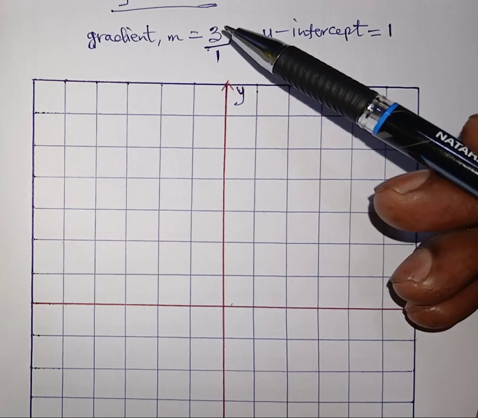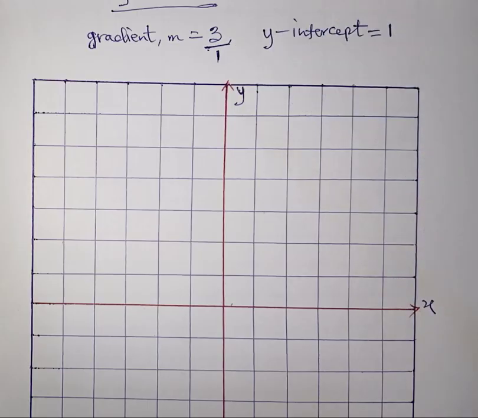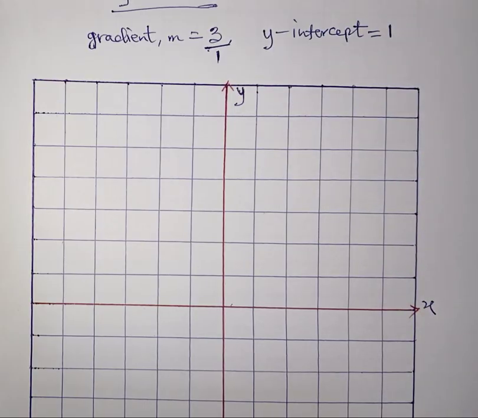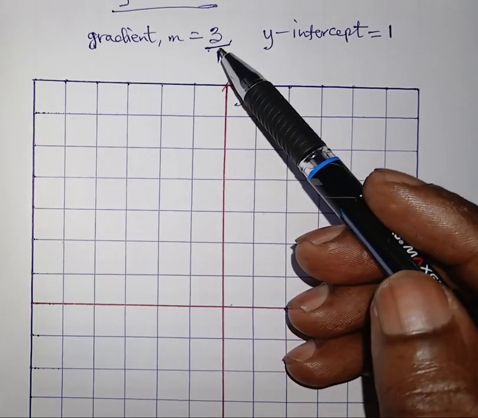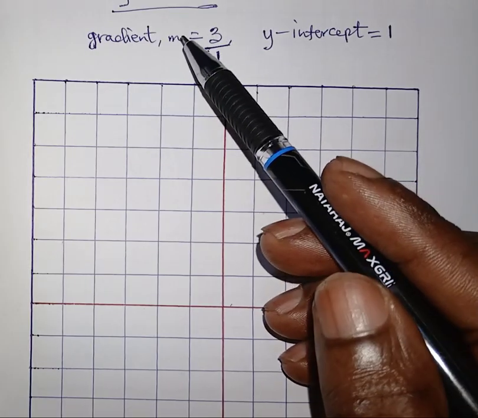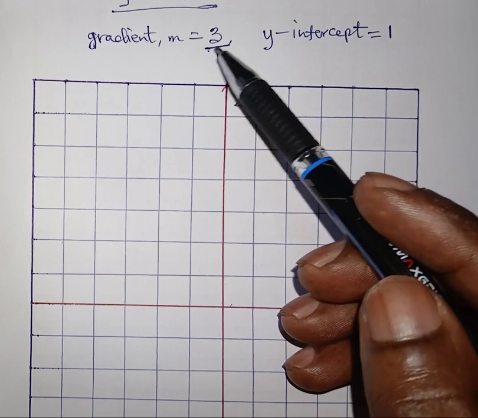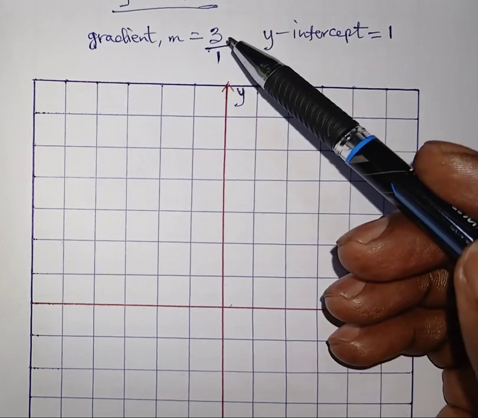Once you realize that the gradient is positive, it means that the graph will rise. It will rise, it will move upwards. Once it is negative, then you know that the graph will move downwards, that it will fall. Okay, so looking at this one, let's interpret this gradient we have here. Once you have gradient is equal to 3, which is divided by 1, it means that